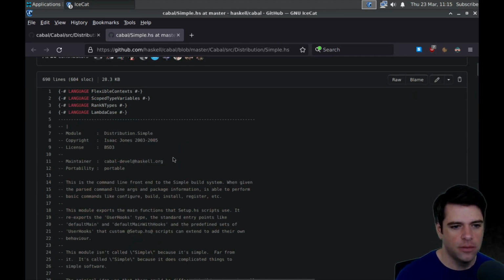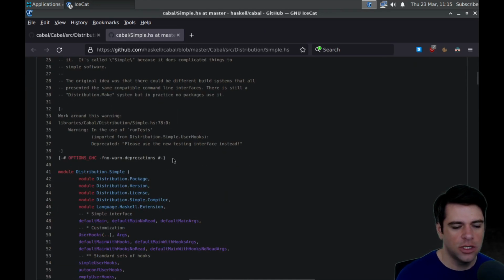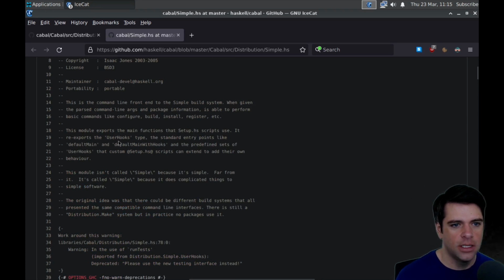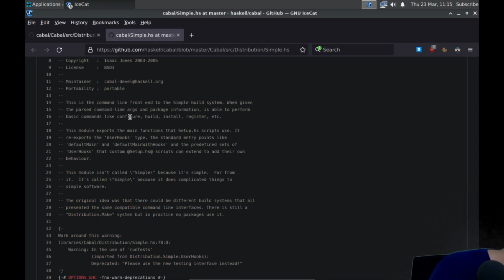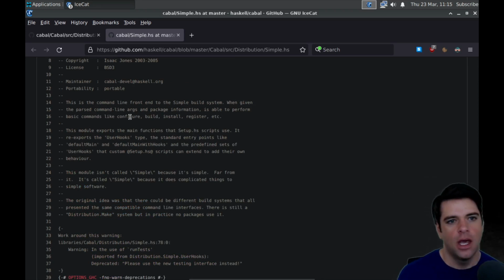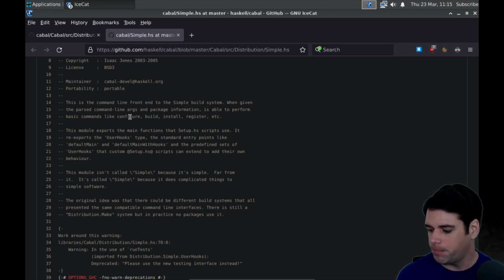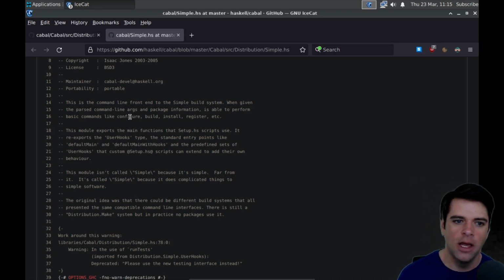And here's simple. Let's look at simple, finally. And then I think I still have one window open, which is the syntax of the Cabal file. I'll look through that quickly. We saw already some stuff about lexing and parsing.